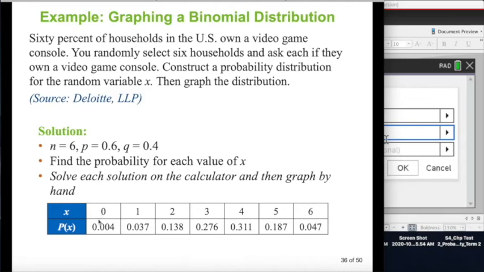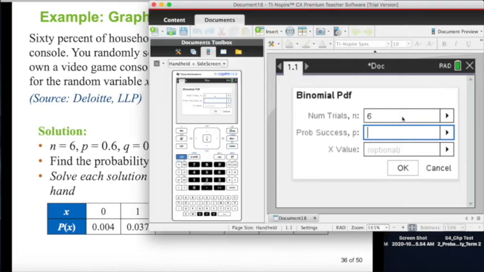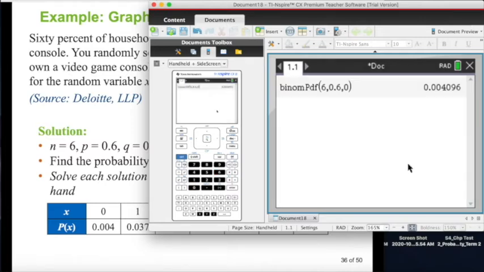And when x is equal to 0, when no household has a video game console, the probability is 0.6 and this one is 0. Click OK. There you go. That's equal to 0.004. That one there. And then next,